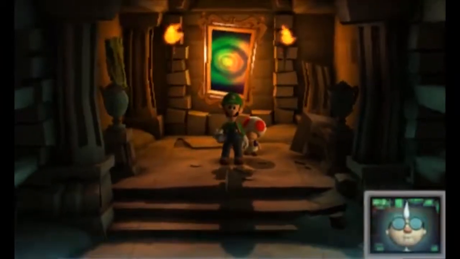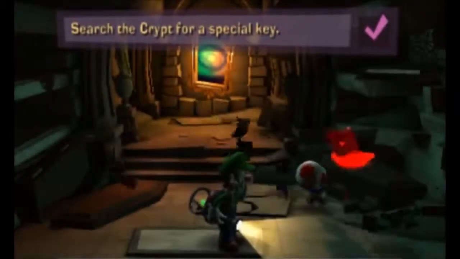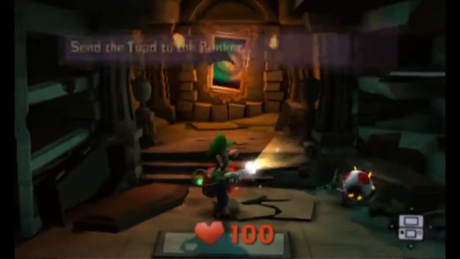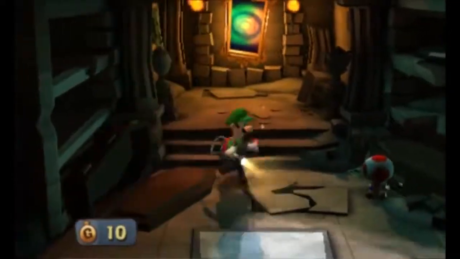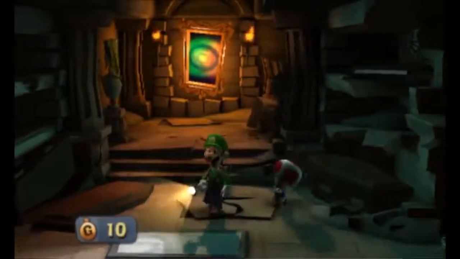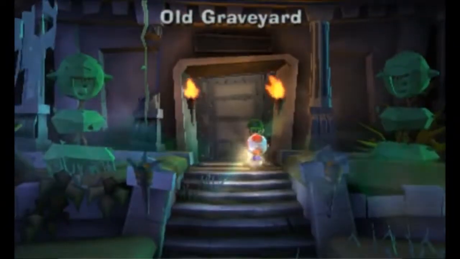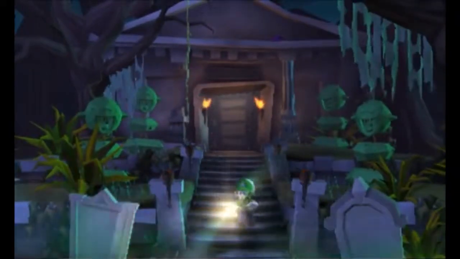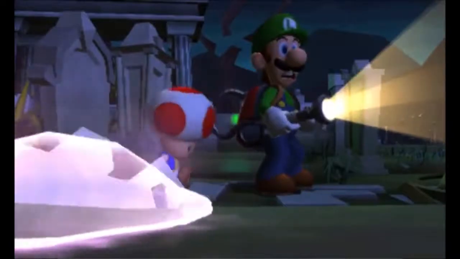Alright, so for the rest of this mission, we're gonna have a toad following us through the place. But he also gets quite easily frightened. When he starts freaking out, you can just flash him with your strobe bulb, and that will get his attention again. But for the most part, they are pretty loyal and will follow you wherever you go, as long as they're not getting frightened by ghosts and things. And speaking of ghosts and things...